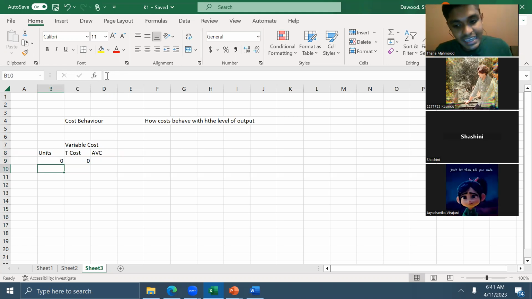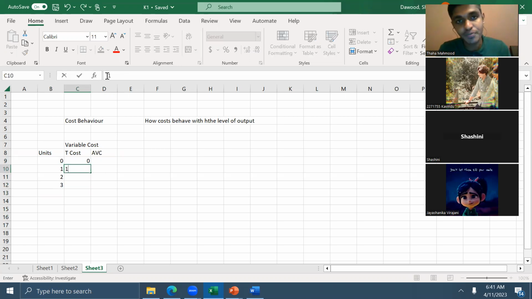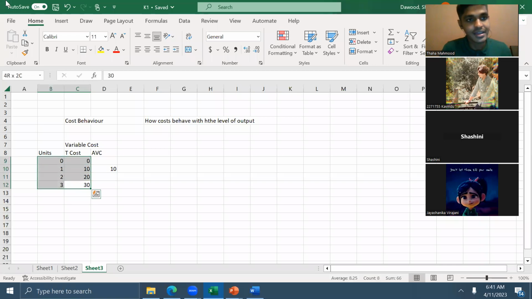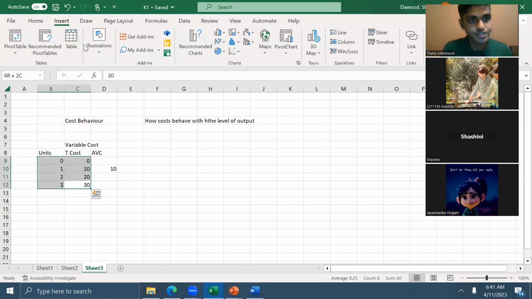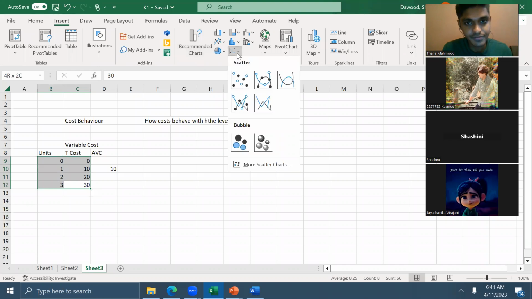When the units increase by 1, let's say by one, by two, by three, total variable cost increases in a fixed proportion. Let's say variable cost per unit is 10, so average variable cost will be 10, and total variable cost will increase in a fixed proportion. If we are showing this in a graph,